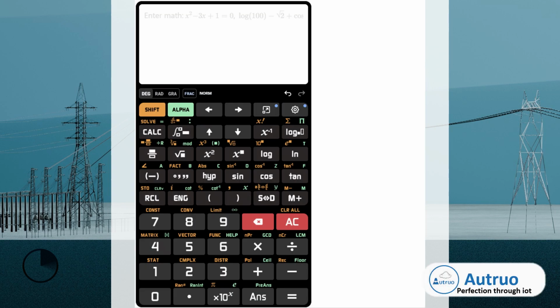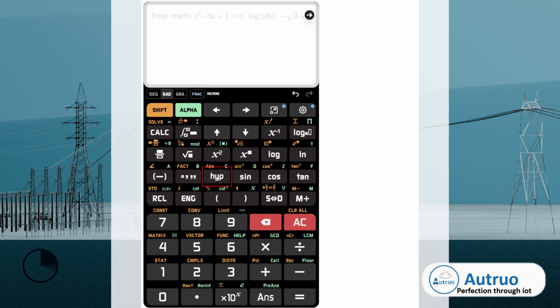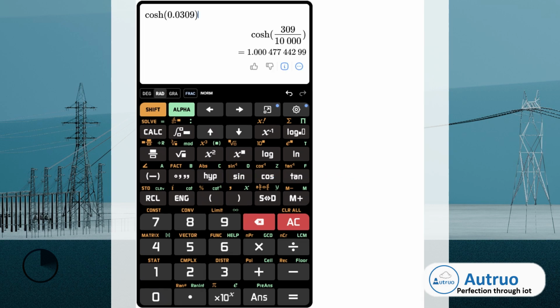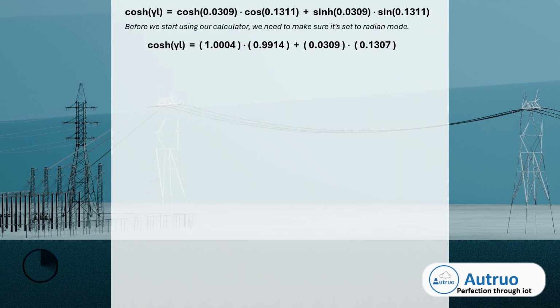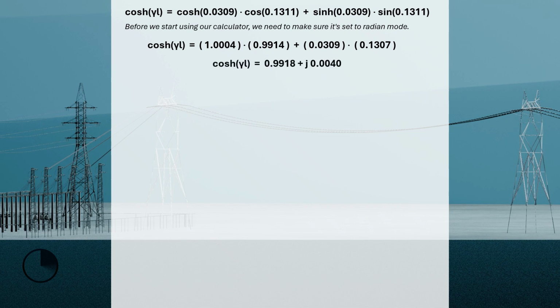Before we start using our calculator, we need to make sure it's set to radian mode. Once the calculator is set, we can enter the values and calculate each term as follows: 1.0004 times 0.9914 plus 0.0309 times 0.1307. The result for cosh gamma L is approximately 0.9917 plus j 0.004. When this is converted to polar form, the magnitude is 0.9917 and the angle is 0.004